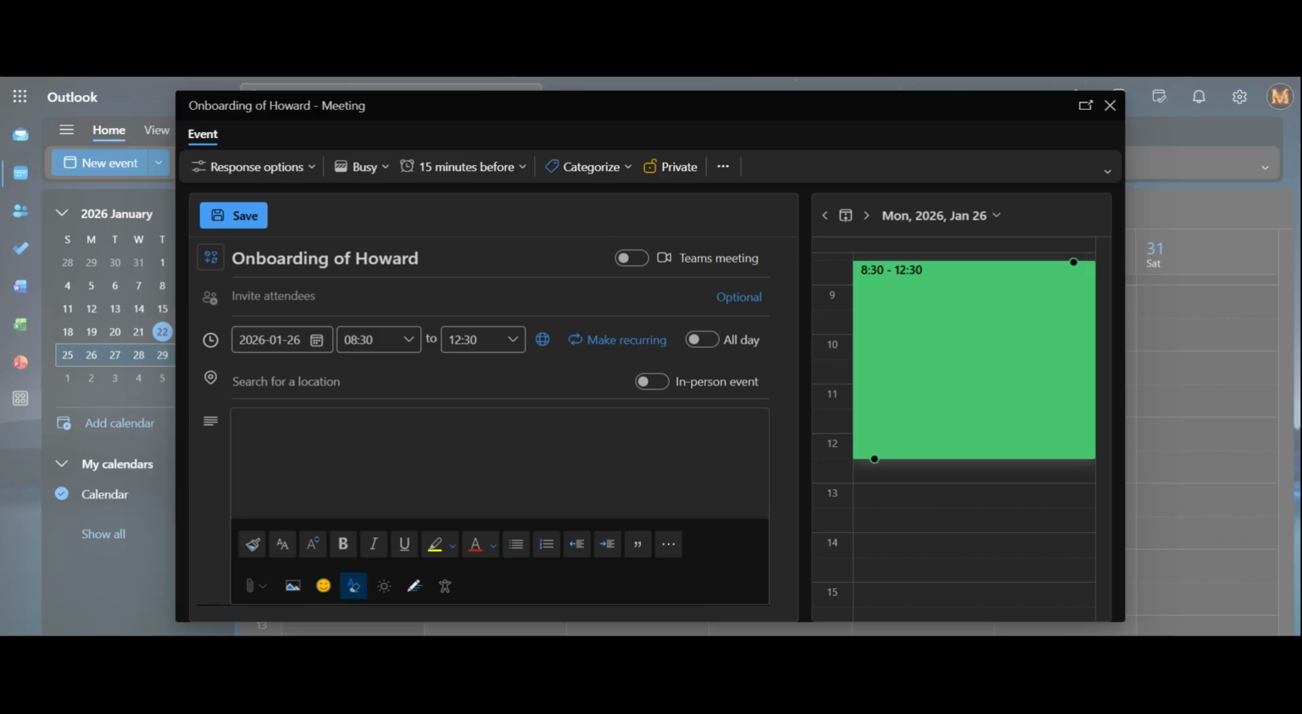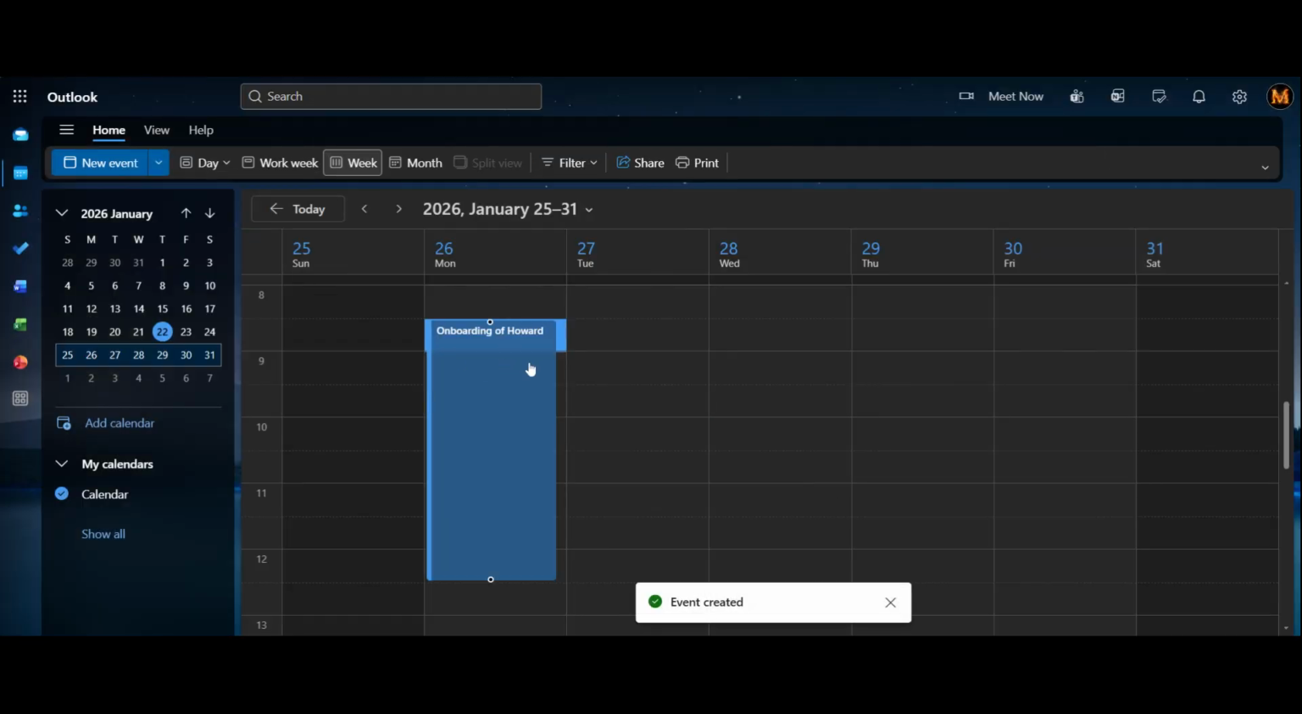Once everything looks good, do a quick review to make sure that dates, times, and status are correct. When you're ready, click Save and Close. That's it. Your time is now blocked on your Outlook calendar, and no one can schedule over it. You can repeat these steps anytime you need to block future time, whether it's for personal reasons, work-life balance, or